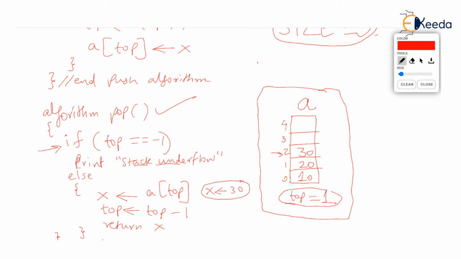We say this element 20 is the topmost and 30 is as good as removed, isn't it? Yes, it should be, because now 20 is the topmost once the 30 is taken out. And the last line says return x, and remember 30 was the value of x. 30 will be returned back to the calling function. We have removed 30 and we have returned 30.